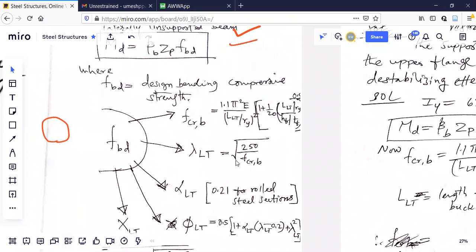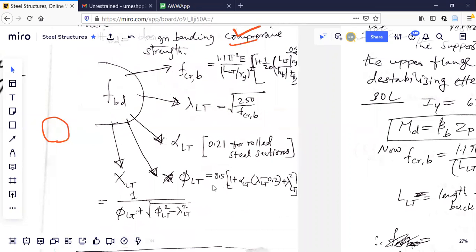FCRB I calculate. Gamma LT, one more method is there. You have to understand properly which method I should go with, because that method is a little bit more tedious. The examiners are not bothered which method you use, but my suggestion is you try to understand both, because more lengthy calculations are there.